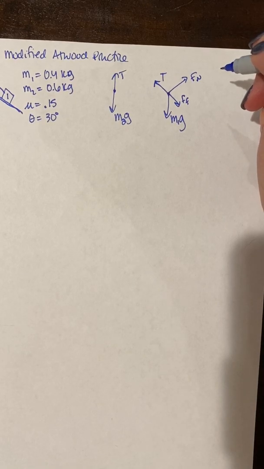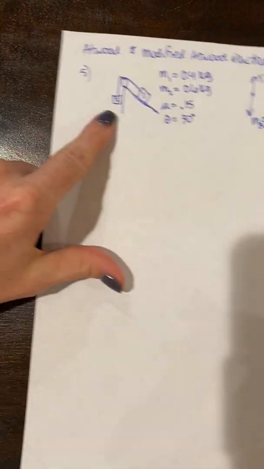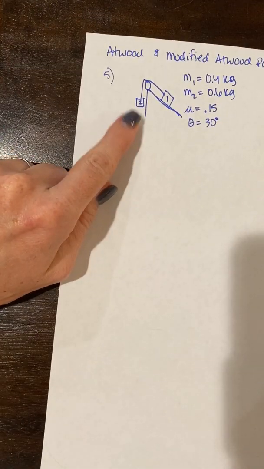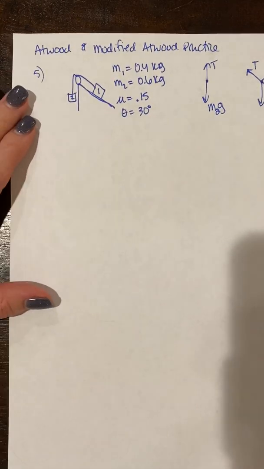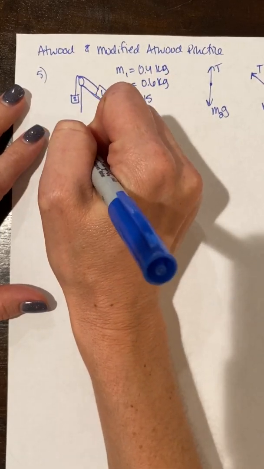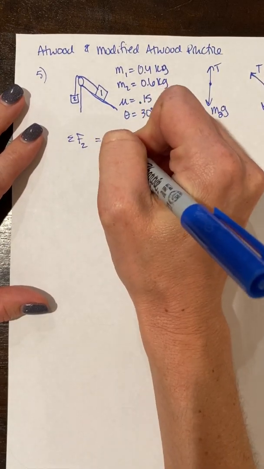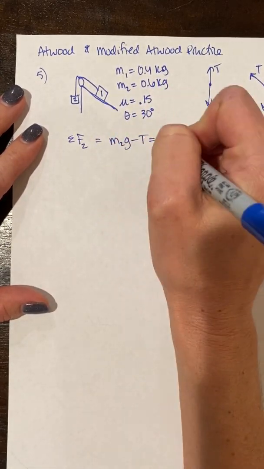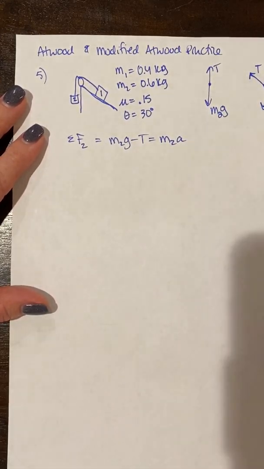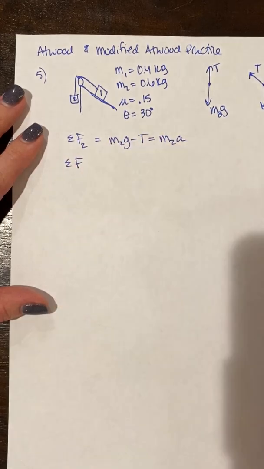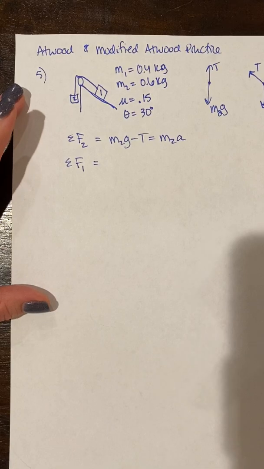I can assume this thing is going to be accelerating up the incline and down because my mass 2 is larger. And now I'm going to sum my forces. So the sum of my forces for mass 2 is just going to be my gravitational force minus tension is equal to M2A. You guys did not identify your mass when you put MA. I'm glad that you did for your lab, but you need to be a little bit more mindful of